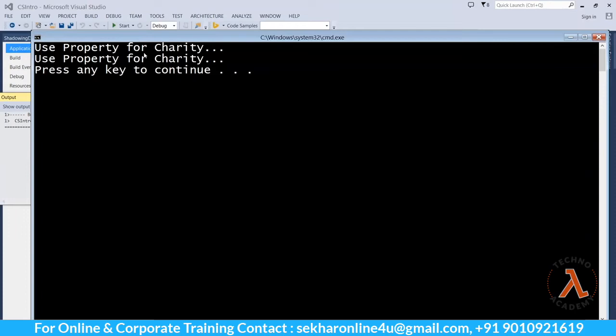So if the parent says go to the college, and the child says I will go to the movie, and if the child has taken the permission from the parents, then if any of the child's friends contacts him directly and asks him where he is, then he will reply I'm going to the movie, right? And if any of your relatives calls your parents and inquires about your child, then the parents will also say that the child has gone to the movie, right?